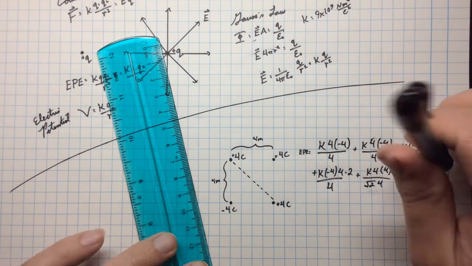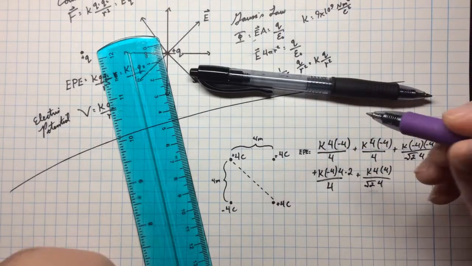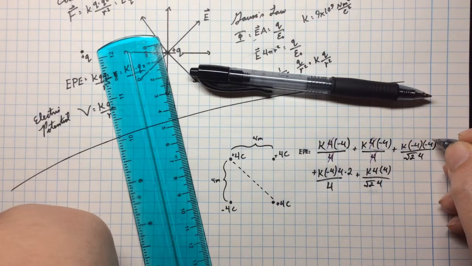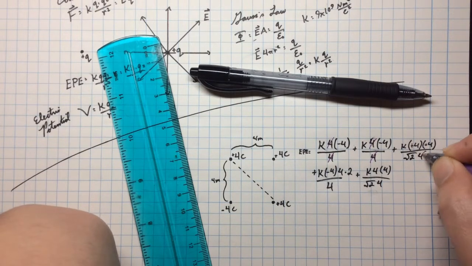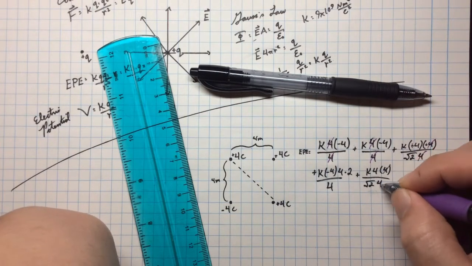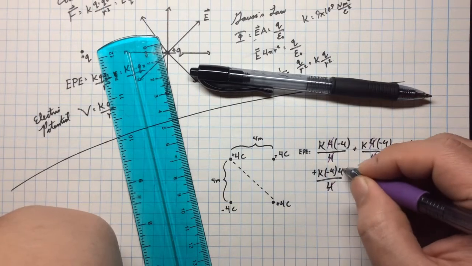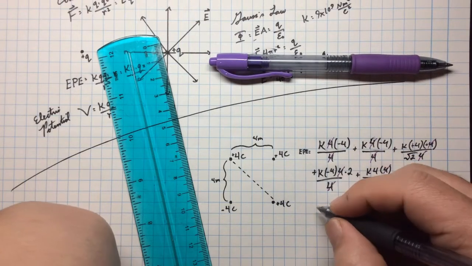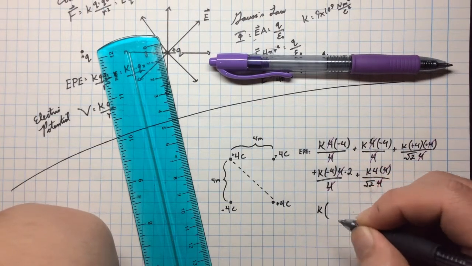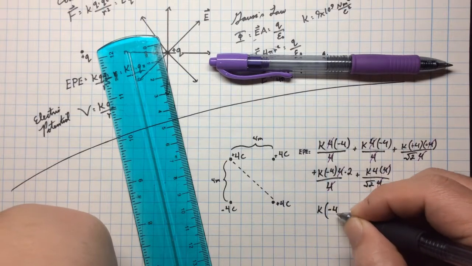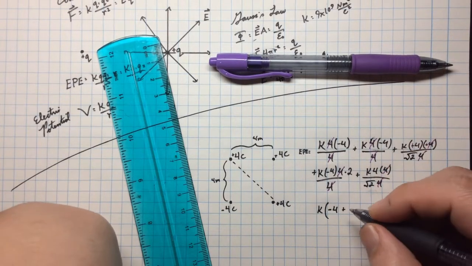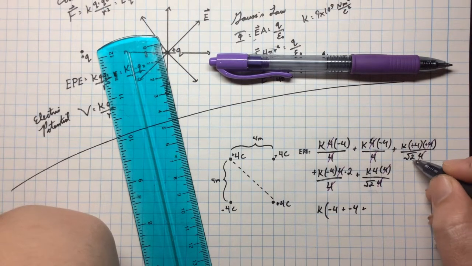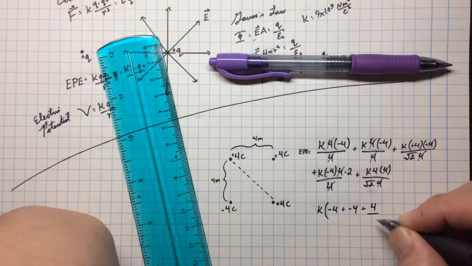And so what we can say here is, ooh, look at this. We can say that's gone, that's gone, that's gone, that's gone. That's positive now, right? That's gone, that's gone. And we have K all throughout, so I'm going to pull K out. First one I have a negative 4, plus another negative 4, plus 4 over square root of 2,